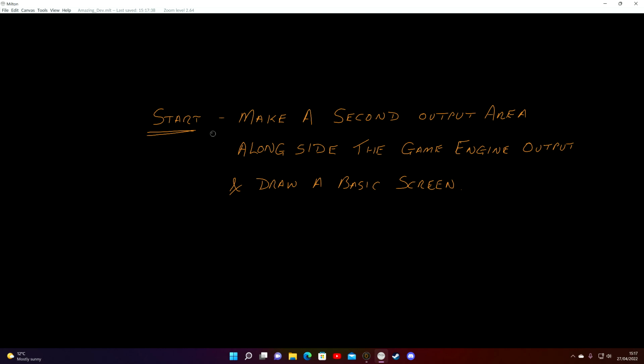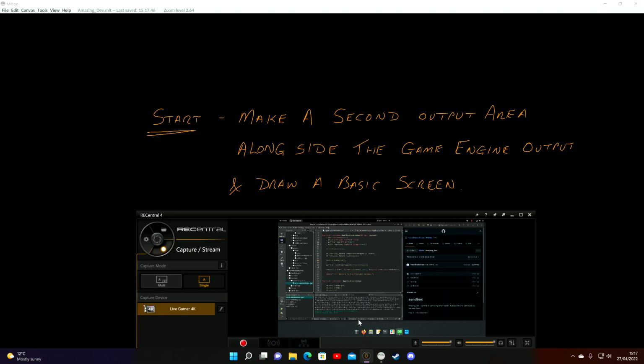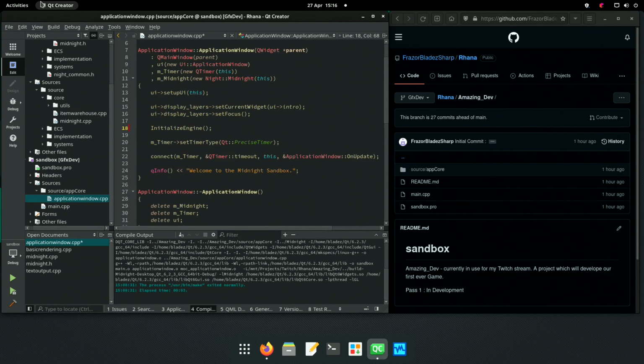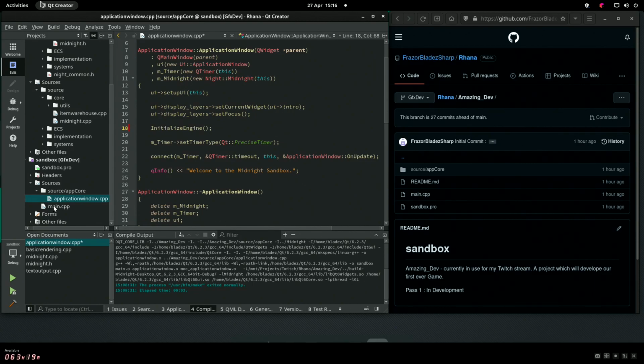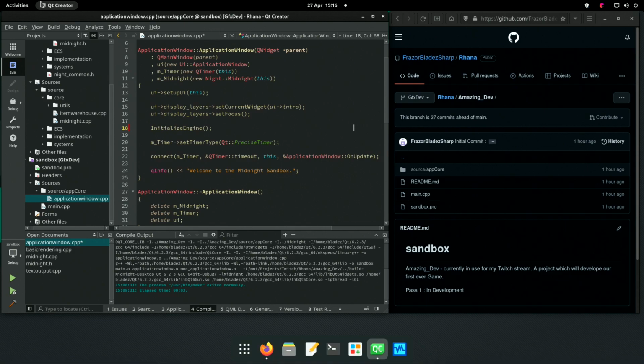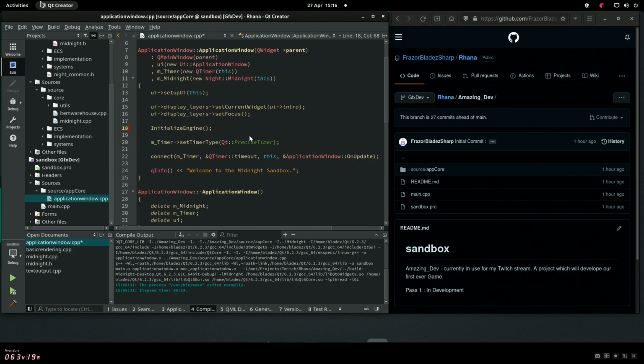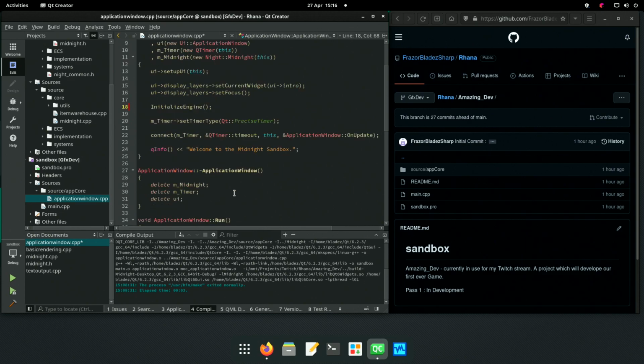So somewhere in this code we have an output area. Let's go find it. Set up UI, UI display layers, set current widget, UI intro, set focus. So we don't want the intro, that's fine. Okay, so we don't want to change that. What do we want to change?